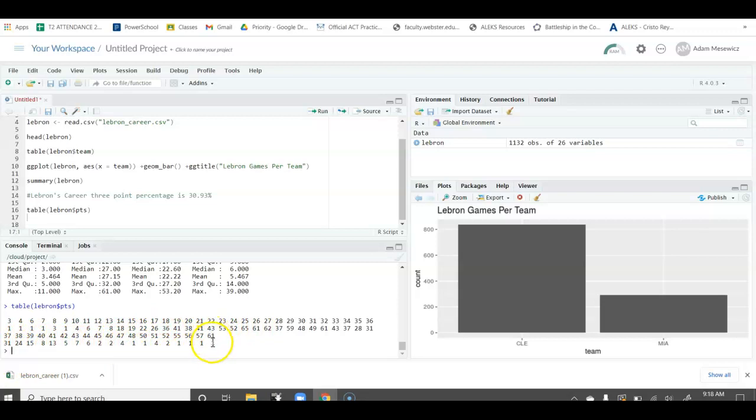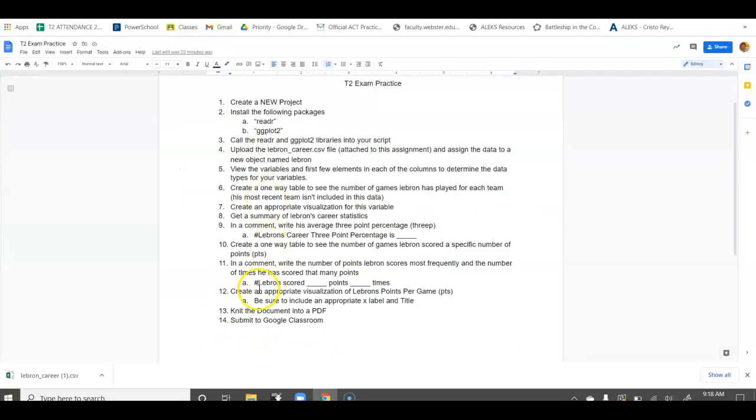He scored 61 points one time. That's kind of weird. Oh, 65. Duh, right next to it. Sorry, 25 points 65 times. And I think that is the maximum. I don't see any higher than 65. 32 is at 61. But nope, that's it. So the next question is, in a comment, write the number of points LeBron scores most